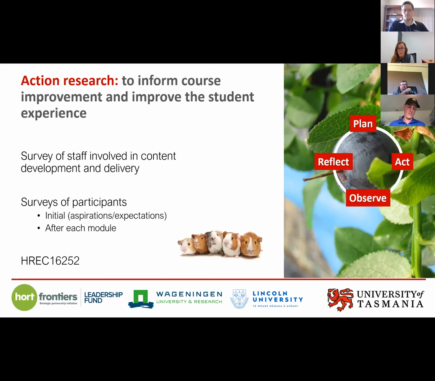Any work that we do that involves people has to have an ethics approval, and under that ethics approval, we have to get your permission for multiple things. We have to get permission to use your imagery, your images, so your photos, and permission to survey and so forth. So we'll send those forms out shortly.